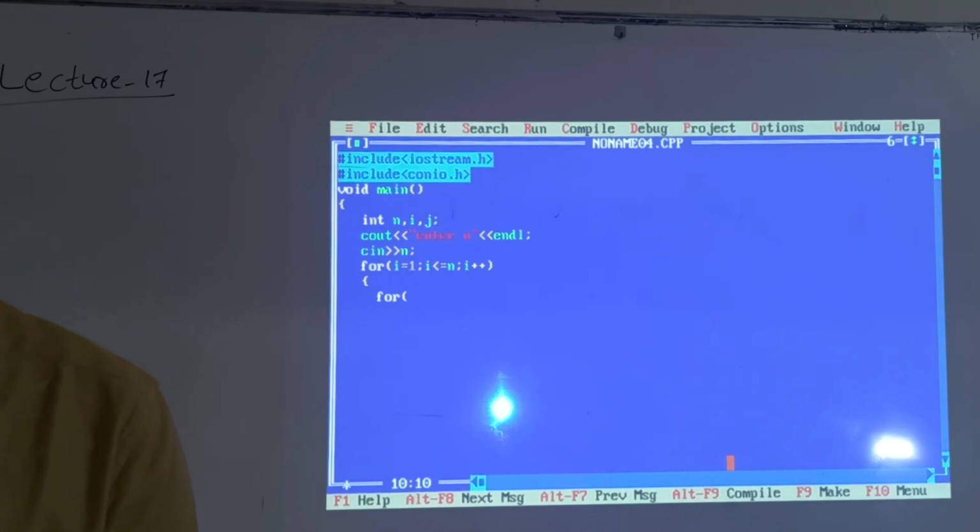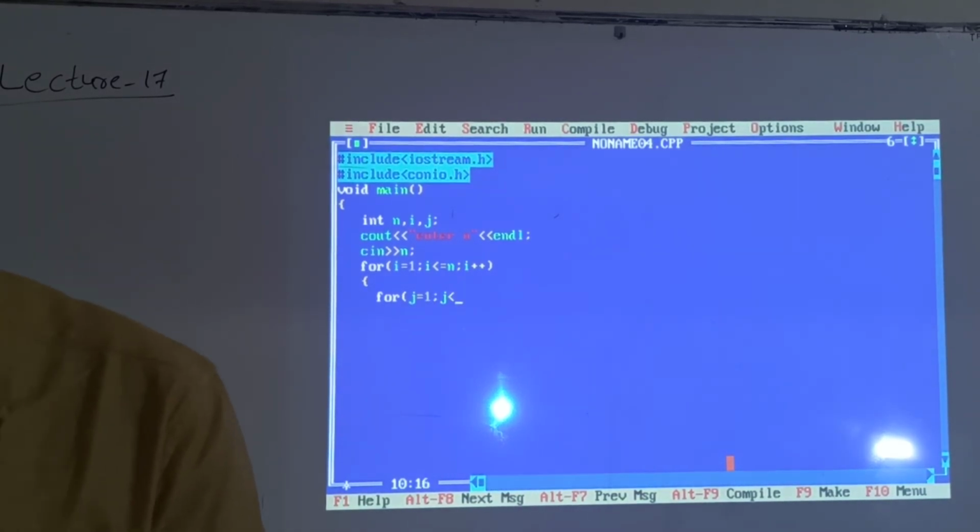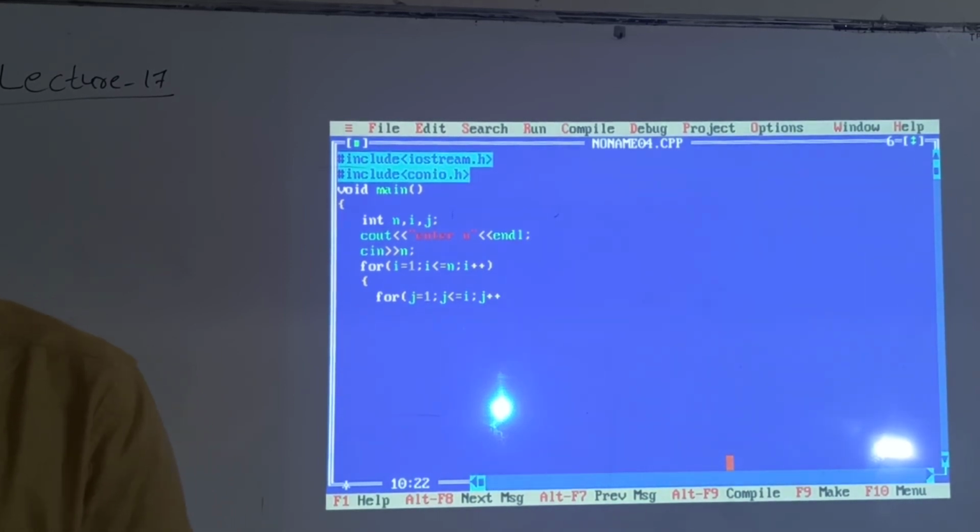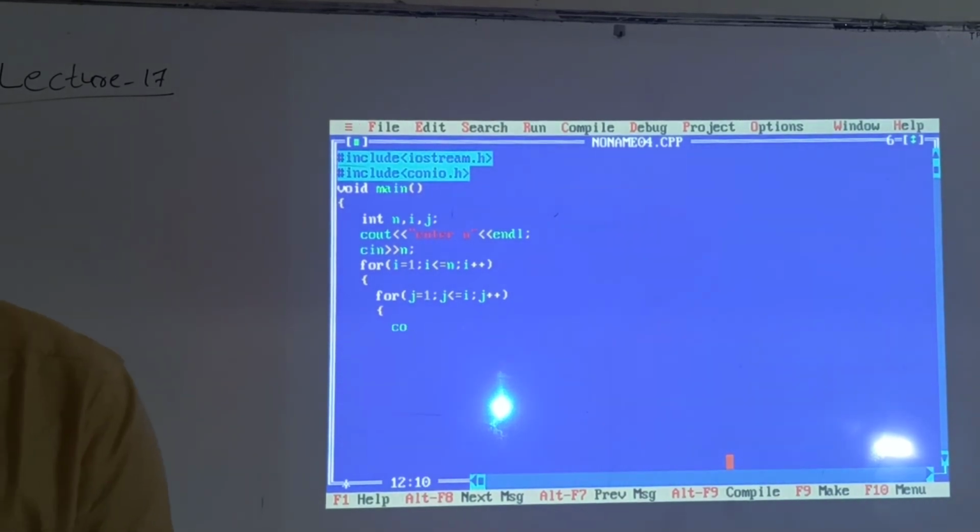Next for j is equal to 1, j is less than or equal to i, j plus plus. Cout.